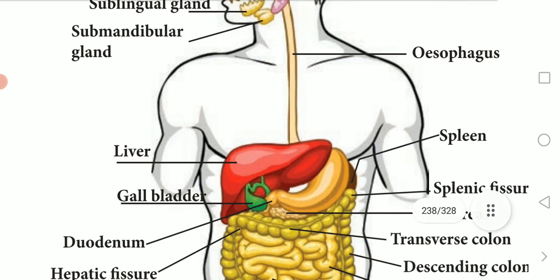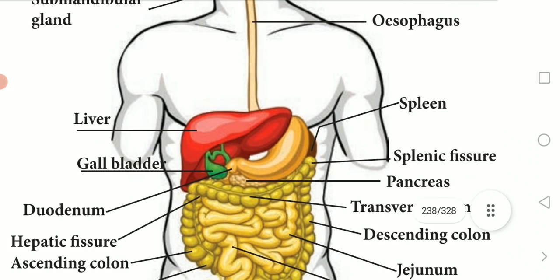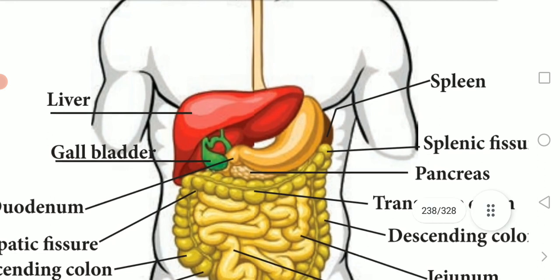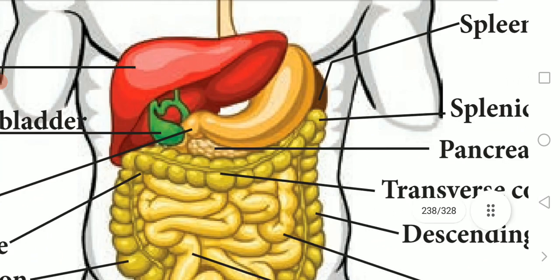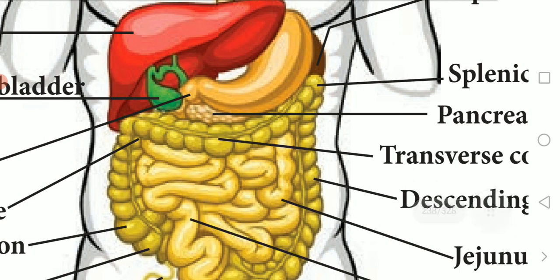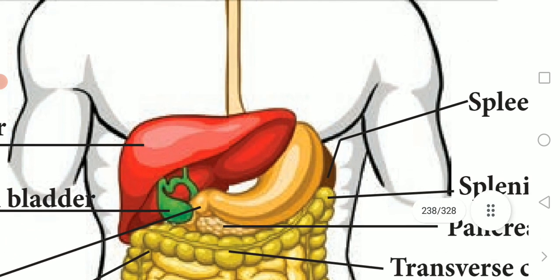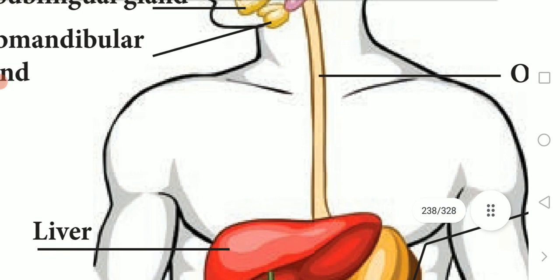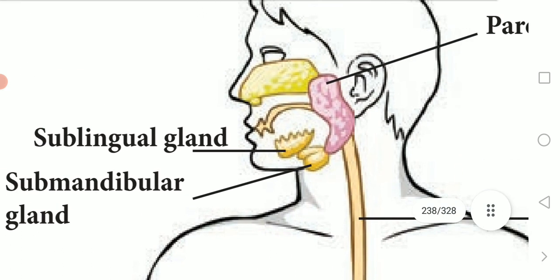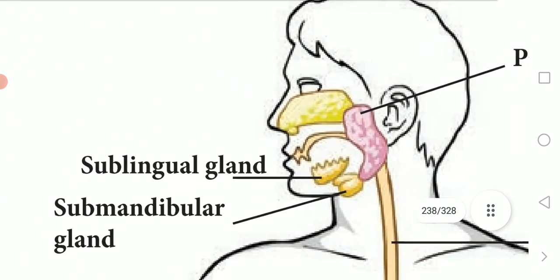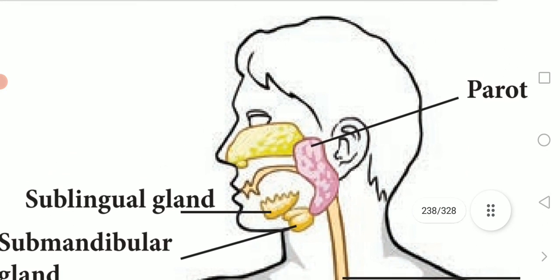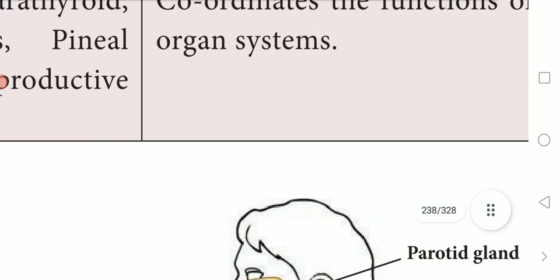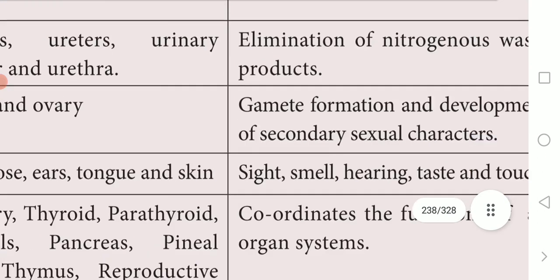Then you can find the liver, that is one organ, and you can find the spleen next to the stomach, and also the stomach and pancreas. So these are all called organs. How are these organs made up? These organs are made up of